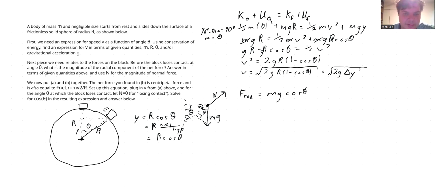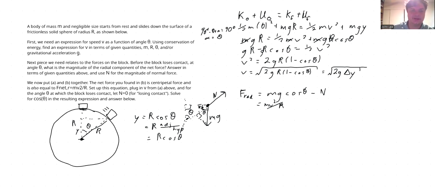When we find the projection along the radial direction, we are looking for the adjacent side, which means that we use cosine, minus the normal force. Putting those together, this is equal to mv squared over r,